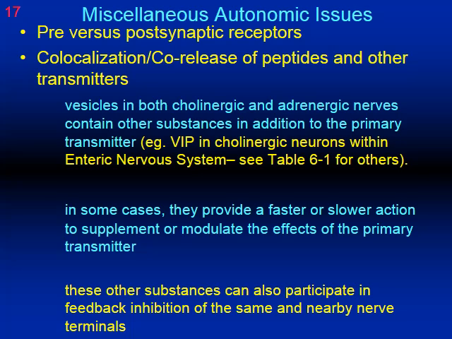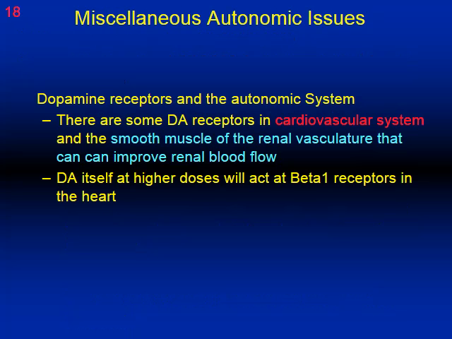I'm not going to make a big deal of it, but some textbooks spend a little bit of time on this idea called the enteric nervous system. Enteric meaning the gut. And some books will consider it the third branch of the autonomic nervous system. Okay? For our purposes today, I think we'll just say that the gut is a special case where sometimes you'll see other transmitters in these vesicles beyond norepinephrine or acetylcholine, and we'll leave it at that. Your book spends like a whole page on this, but we'll leave it at that for our purpose. Okay? So this has brought us up to the interface of chapter 1, which is